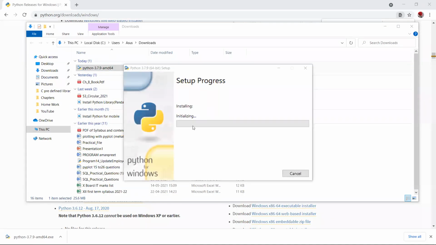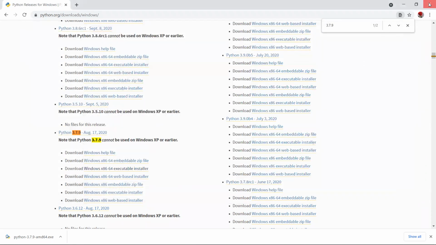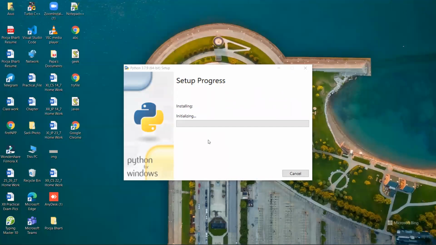Now one pop-up window will also appear here. Then you have to click on the yes button, and now you can see setup progress. It is about to install. Now till then I'm just going to close other tabs and windows, and we will wait for its installation process.